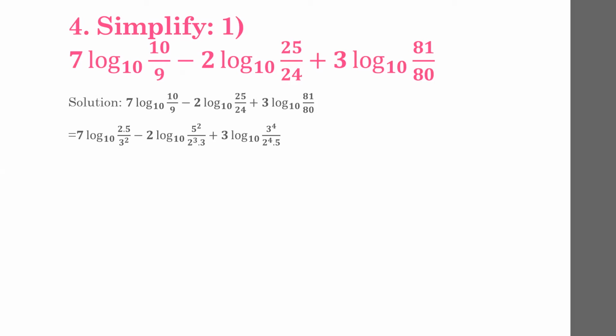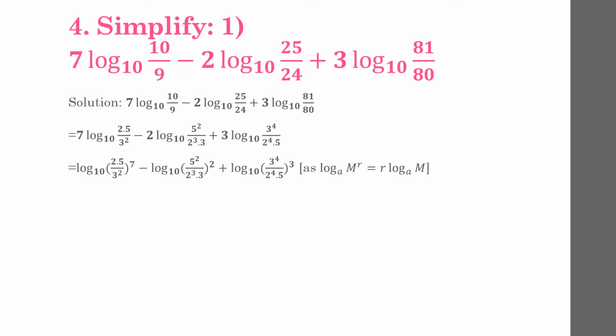So we got 7 log₁₀ (2×5/3²) minus 2 log₁₀ (5²/(2³×3)) plus 3 log₁₀ (3⁴/(2⁴×5)). So the next line is,